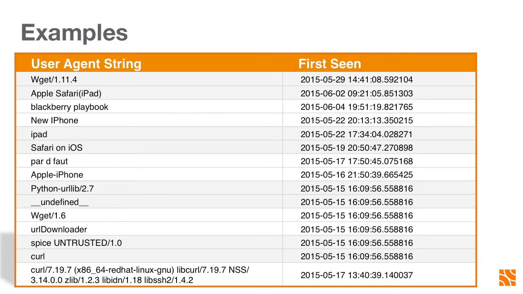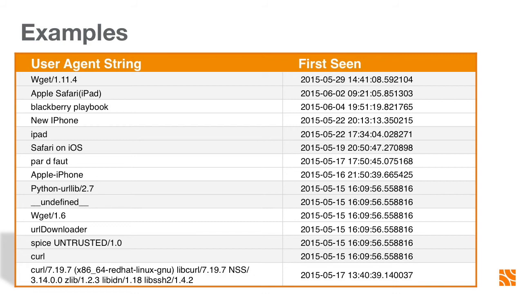So here's another example of some bad user agents that I collected a little while ago. These are examples of programs that are probably not ones you want to serve ads to. The first one up there is wget, a utility that you use to download web pages from the internet, and it only runs on the console like I just showed you. So you can't even render images, so you probably don't want to serve any ads there.